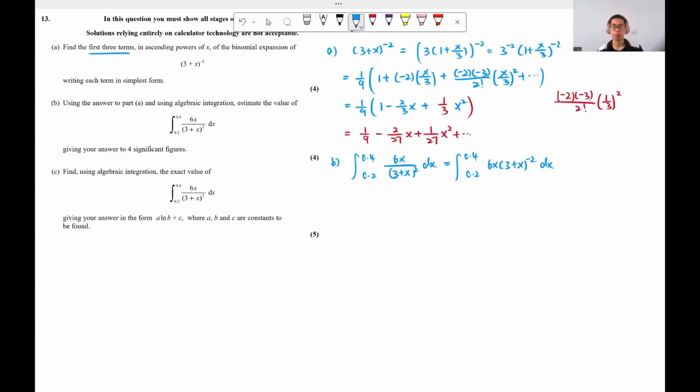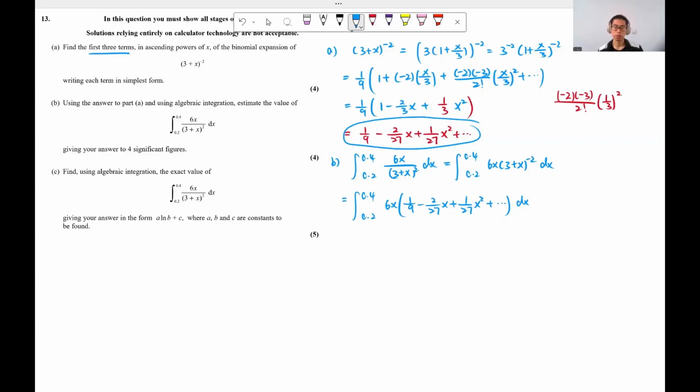Since we already know (3 + x)^(-2) is what we get in part A, we can change that first. So the integral from 0.2 to 0.4 of 6x times (1/9 minus 2/27 x plus 1/27 x squared)